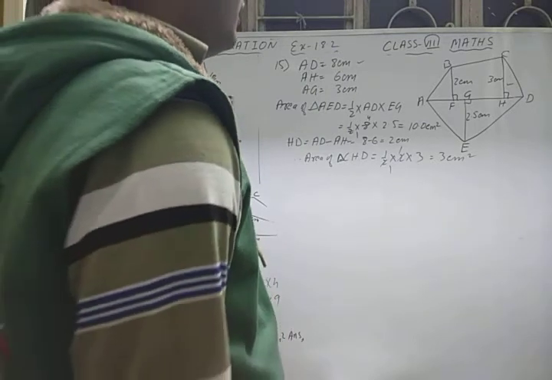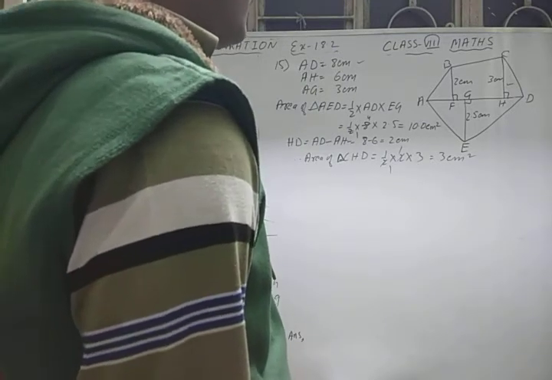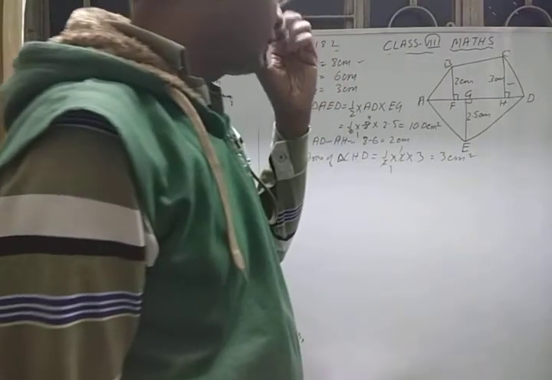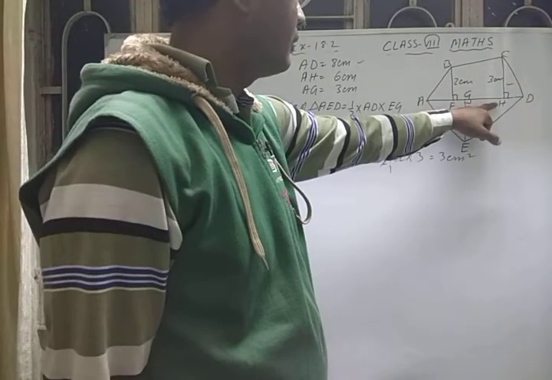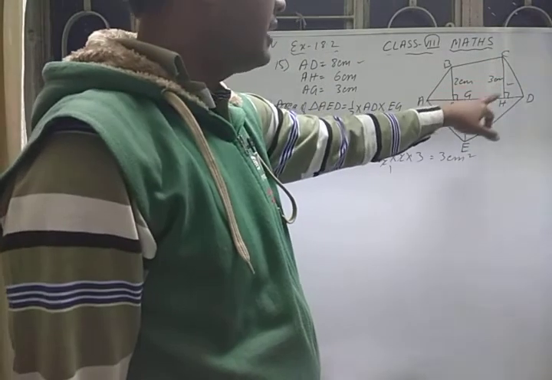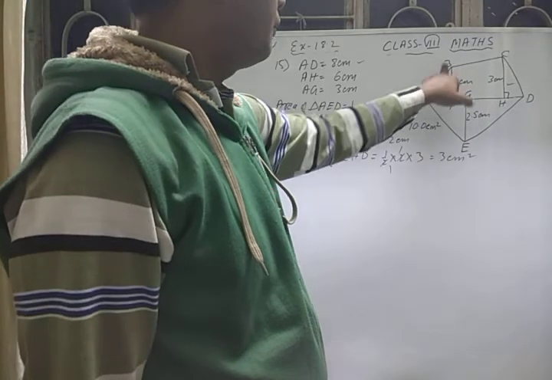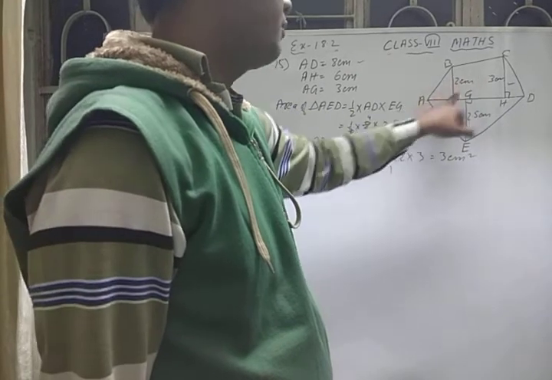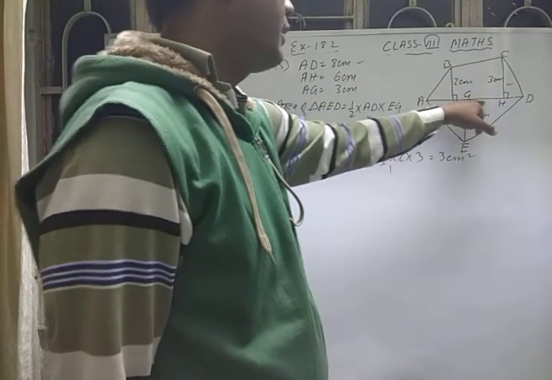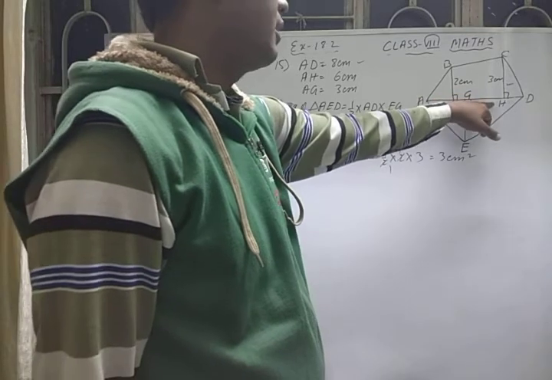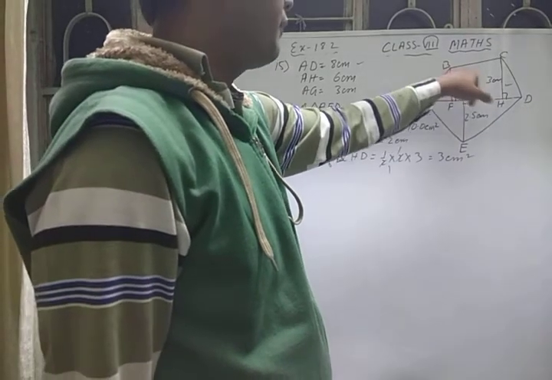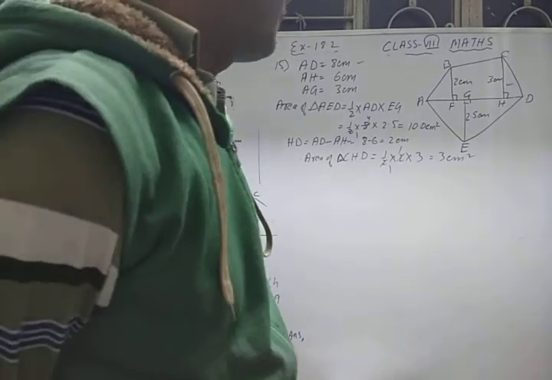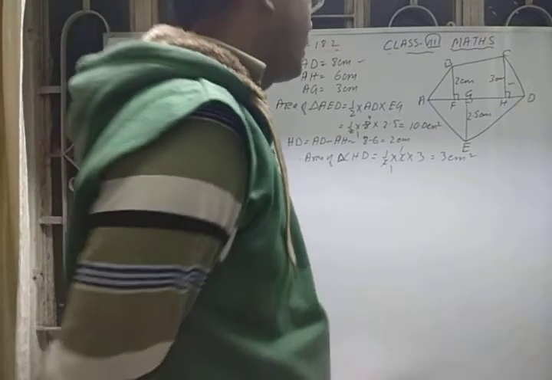Now you have to find the length of FH. If you get the length of FH, then it will be easy for you to find the area of this trapezium. See, it is in the shape of a trapezium because these two lines are parallel to each other and the distance between the parallel sides is FH. If you get the length of FH, you can find the area of this trapezium also. So how will you find the length of HF? That is the first question, the important part.